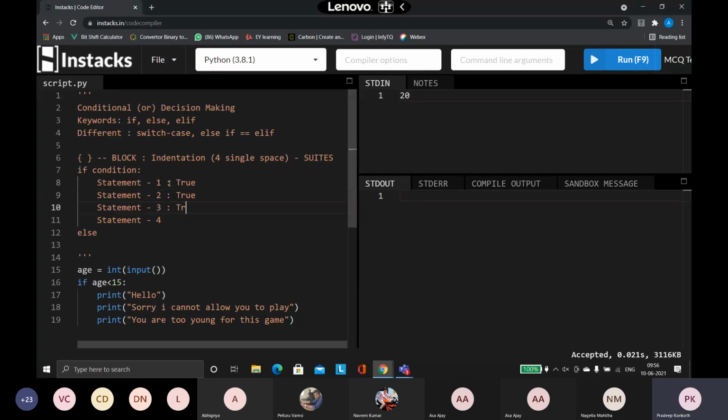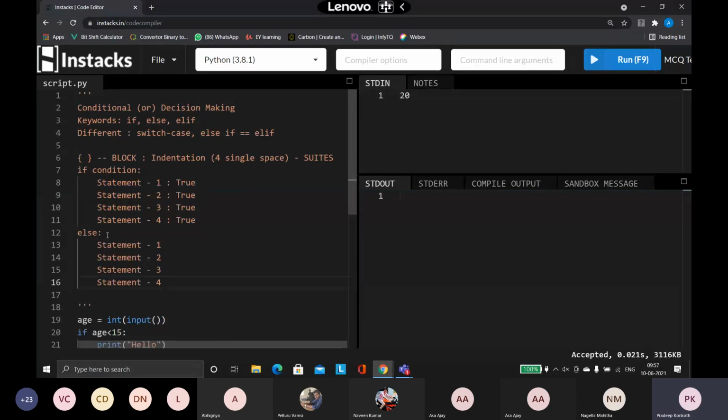Okay, so if the condition is false, where is my code going to go? I never mentioned that. So for that reason only, I am going to give the else part. If the condition is false, then it will not go inside this, but rather it will go inside the else. Inside else, whatever statements you are giving, everything will get executed whenever the condition is turning as false. So this is the usage of the if and the else.